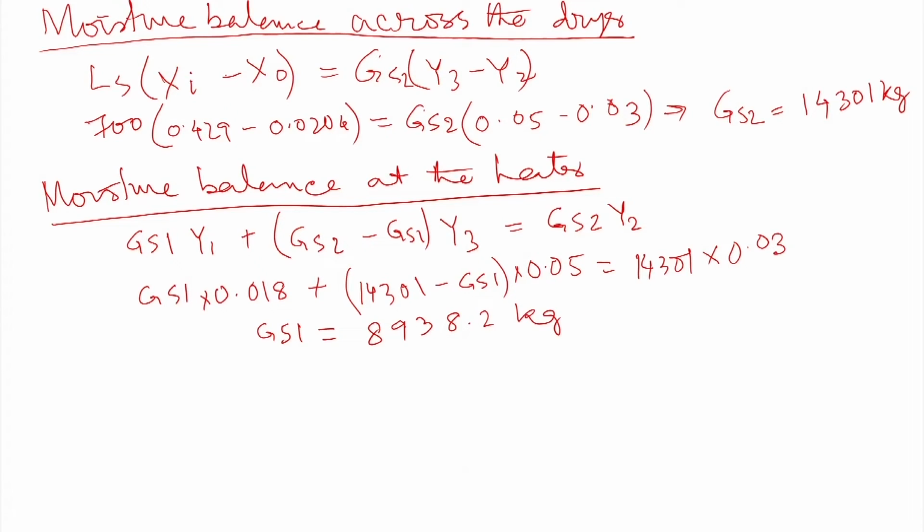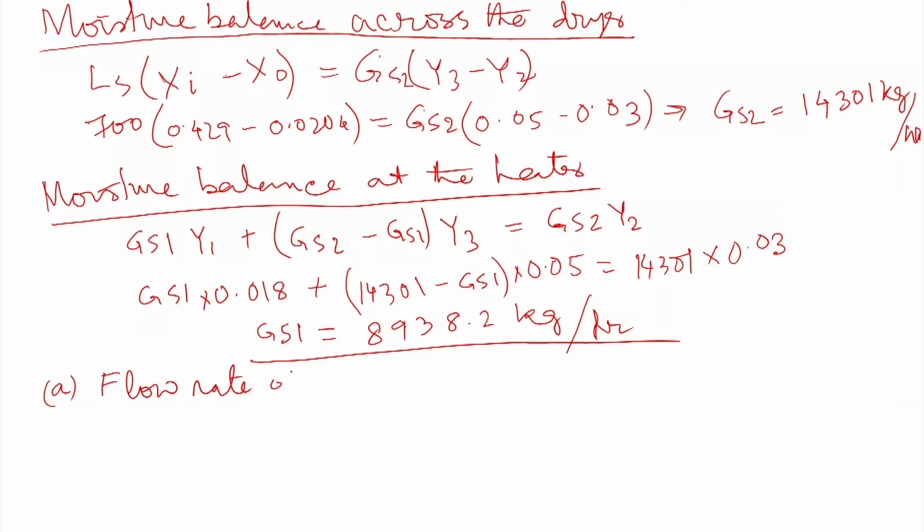As we have taken the basis as 1 hour, that is also per hour, kg dry air per hour. Okay. Now we will be doing this calculation. First, the flow rate of fresh air. That is the first answer of this first problem, the flow rate of fresh air, Gs1, which we have got as 8,938.2 kg dry air